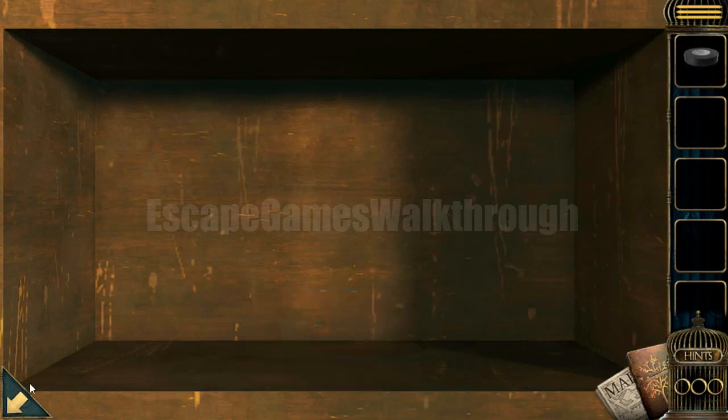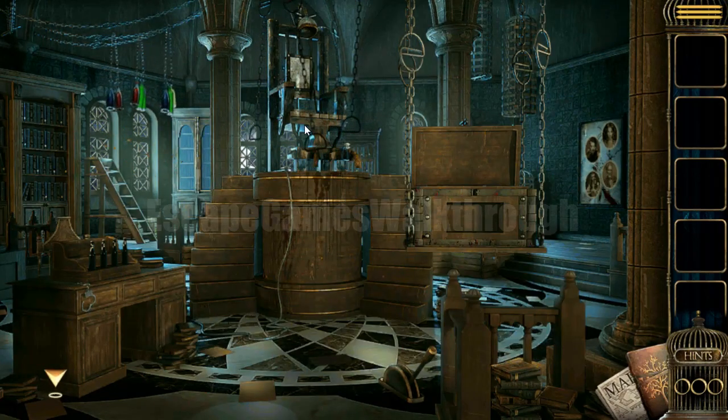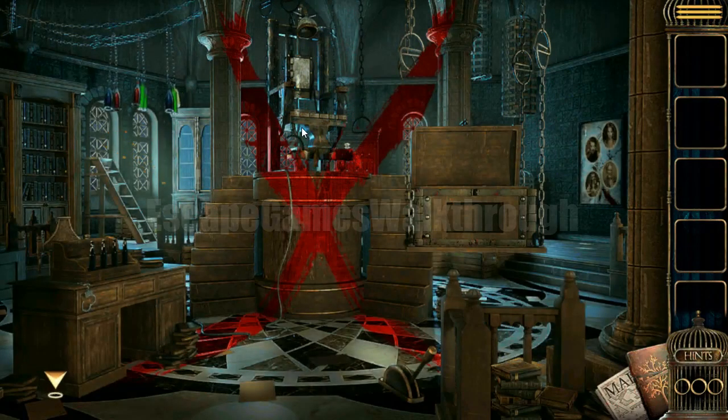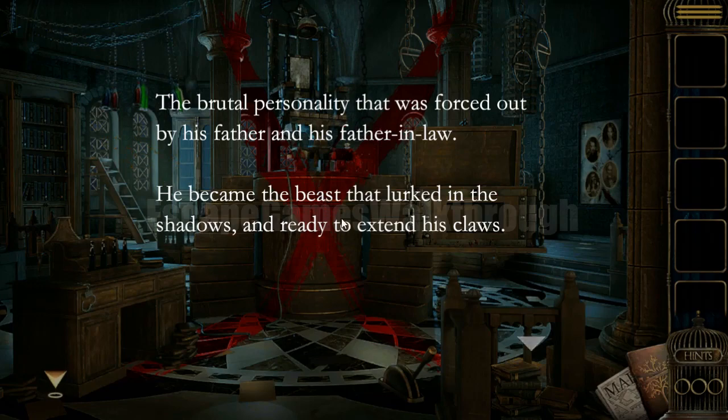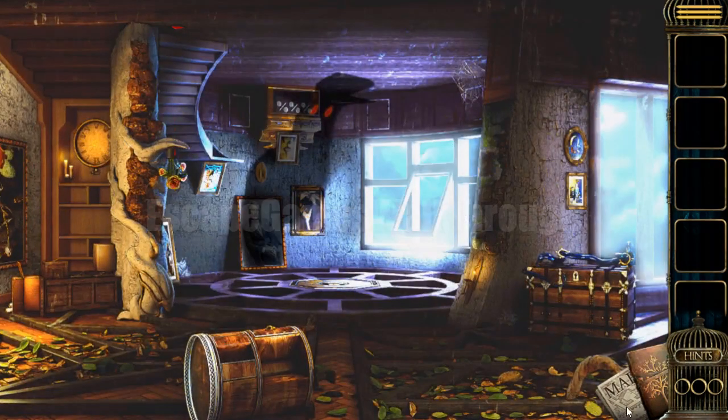So we've got the tape. Now we can isolate the wire and almost finish the first chapter. It's not the end, one more room left to solve. So go in there, and on the map,